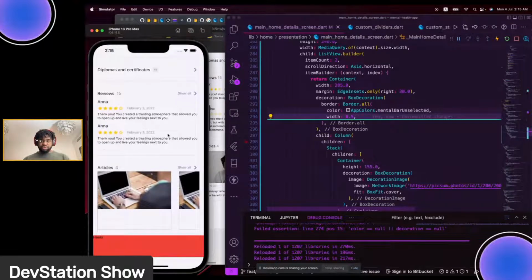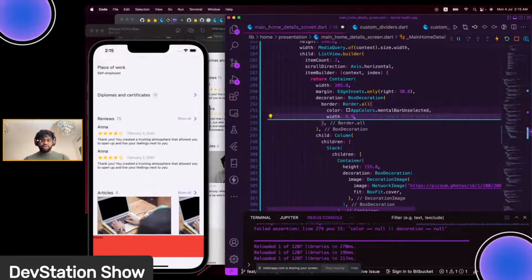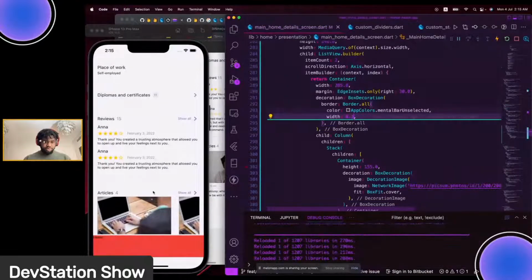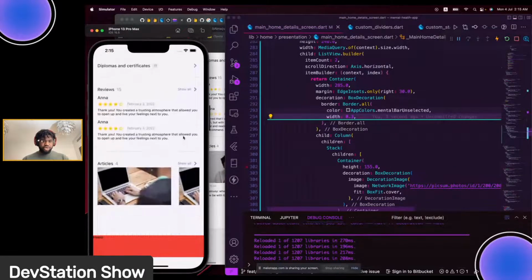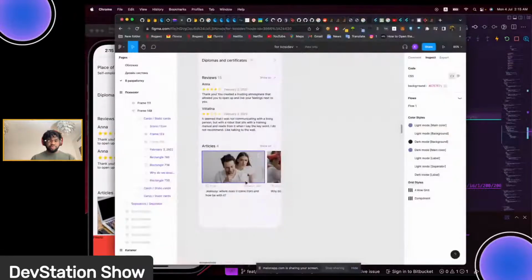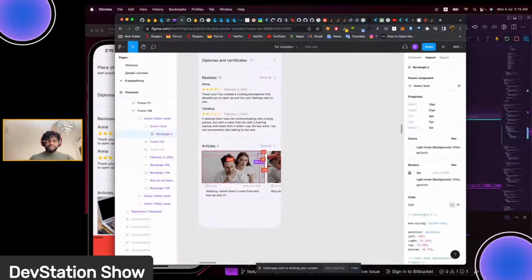Let's reduce it a bit more. Let's say 0.3. And yeah, I think it's okay now. Yeah, it's quite okay now. So what else we could do is that we could go in there. Let's add this. So we have to add this